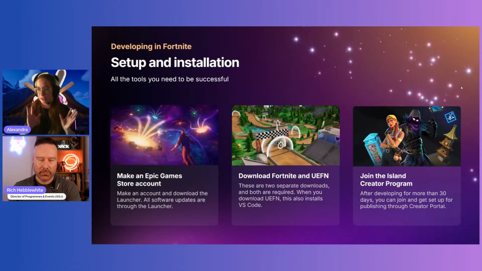So really, to get started, it's important to know that you need really two pieces for the Game Jam. You need to download Fortnite itself, the Fortnite client itself, and then download UEFN. They're two different downloads. I'm going to talk a little bit about why that is in a minute. And then when you're ready to publish, you join the creator program. And that is where